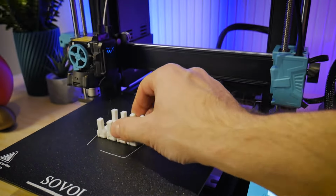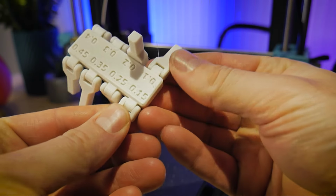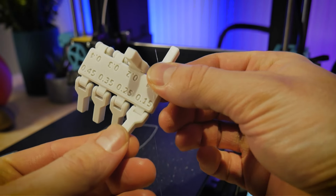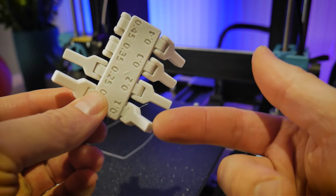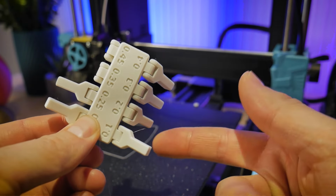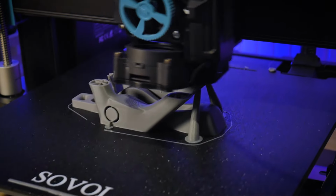And in this case, surprisingly, all of the fingers broke free, and I was able to do that right on the print bed. The print bed adhesion from the main body of the part to the bed itself was strong enough that I could break all of the fingers free without applying very much force, and that includes even the smallest clearance at 0.1 millimeters. So I thought that aspect of this printer was very impressive,